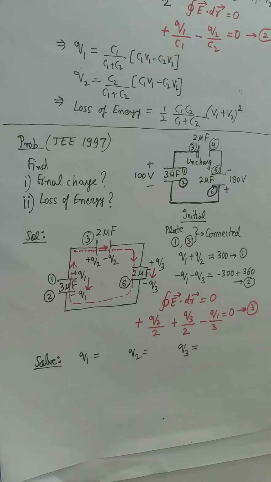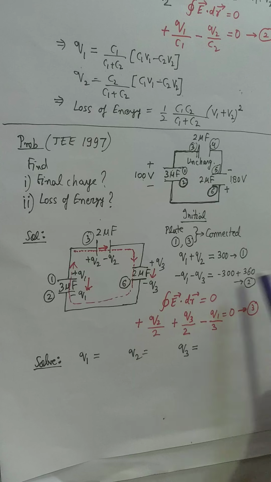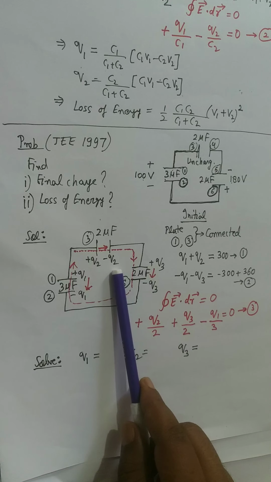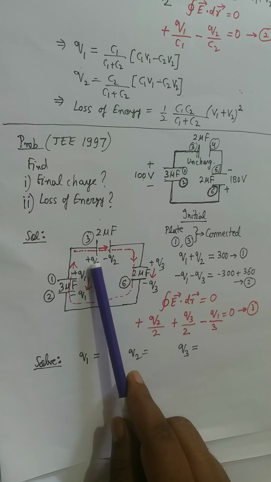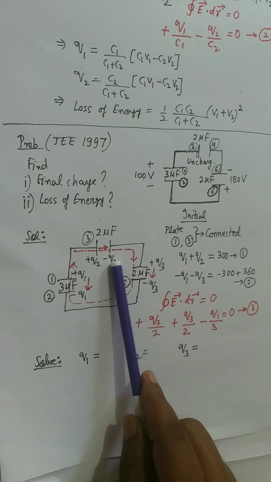So if you get a negative value of charge, like if you get Q1 as a negative value, or if you get Q2 as a negative value, or if you get Q3 as a negative value, there is nothing to be worried about. The only correction which you have to do is change the polarities of the capacitor for which the charge calculation is a negative number. What I mean is, suppose I get Q2 as a negative value. Then the only thing which I have to do is minus of Q2 will be on this side and plus of Q2 will be on the right hand side, nothing else.